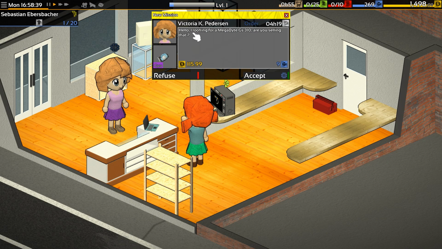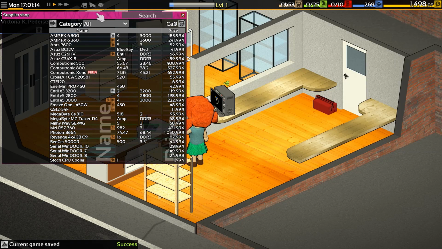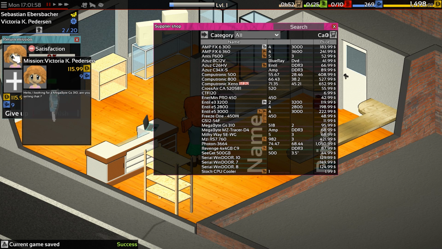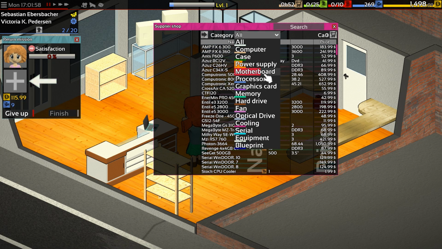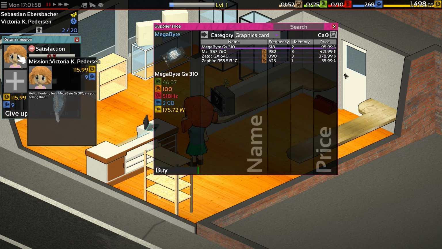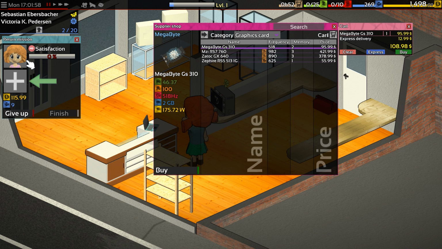Another customer. Hello, I'm looking for a Megabyte GS310. Are you selling it? Yes, I am. So I want to buy something. So it is a, hang on, a Megabyte 310. Is that a graphics card? Yes, it is. And they're going to pay me 115, so I'll just buy that. Express delivery would put it...